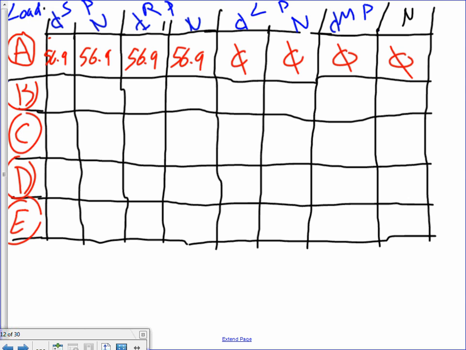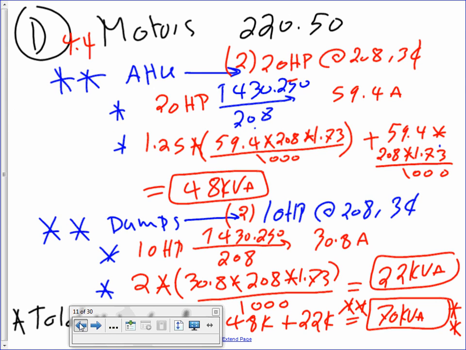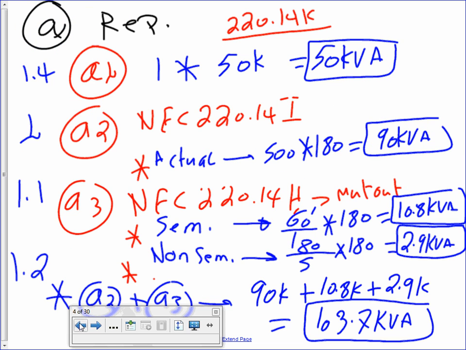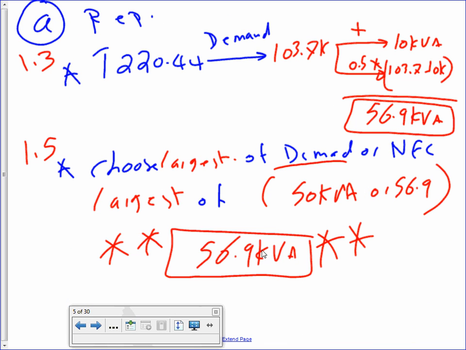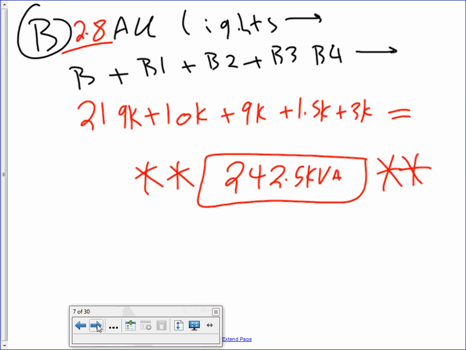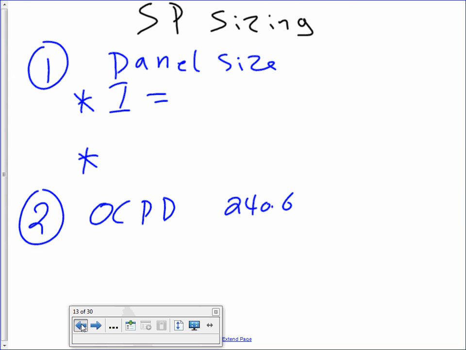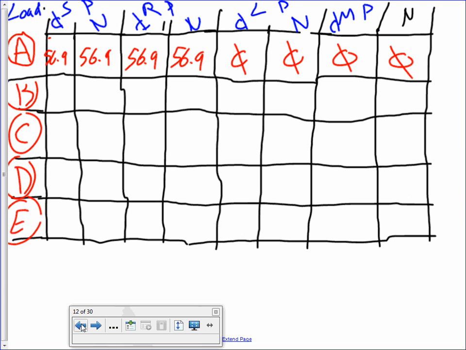So for my lighting load, I'm taking this information, guys. I'm going back into my sheet. See what I mean? Going all the way back to receptacles and picking here's that 56.9 kVA. And so for lights, keep going all the way to lights. Here's that 242.5. Okay? So for lights, I have